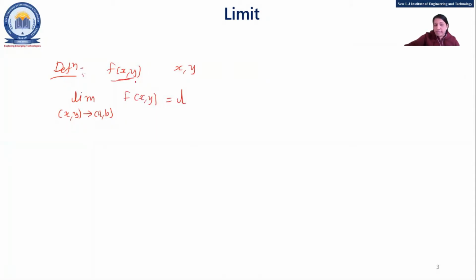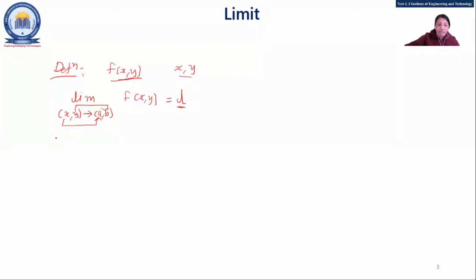So one function is there, f of xy, where two variables are there, x and y. So we can write, what? Limit xy tends to ab. That means this x is approaching a, right? As one student said, it is approaching or it is near to a, and y is, what? It is near to b. So we can write that f of xy equals L. L is your answer, the limit, right?